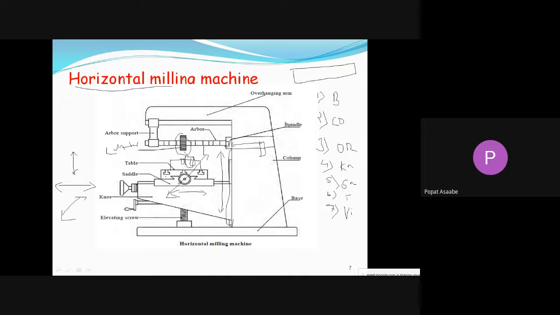According to the operation, a particular feed is given to that table, and we can perform the milling operation, means we can remove the material from the workpiece with the help of the rotary cutter by feeding that workpiece. In this manner we can perform the milling operation on the horizontal milling machine.